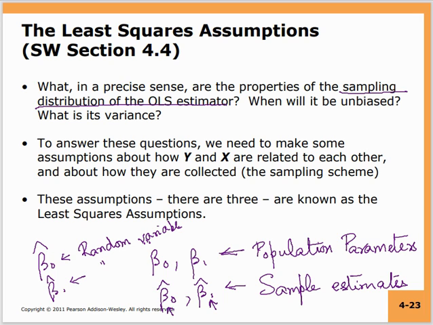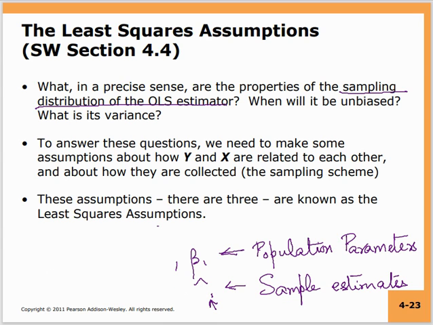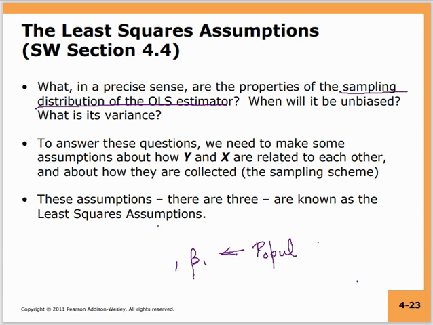So there is an error associated with your estimate, and these two values have their own sampling distribution. So this is a very, very important thing to understand. Through this course, we will take this idea that beta 0 hat and beta 1 hat are not the truth. They are just the estimates from a given sample. But had you taken a different sample, you might have got a completely different estimate, and then you might infer a completely different relationship between the x and y. So, there is a sampling distribution.